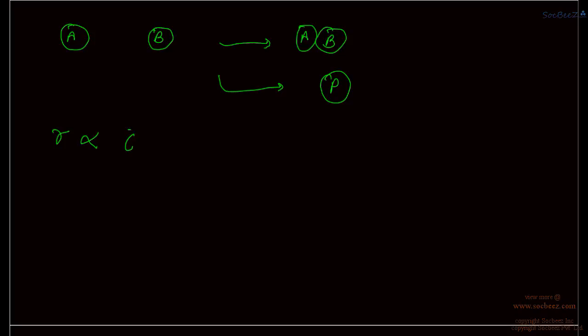Okay, so it must be equal to the mean speed of A or B, because the faster A and B collide with each other, the faster the product formation will take place. Therefore, rate must be directly proportional to the speed of the molecules. And since we know that mean speed is directly proportional to under root temperature by molecular weight, therefore this implies that rate should be directly proportional to the temperature and molecular weight, T by M